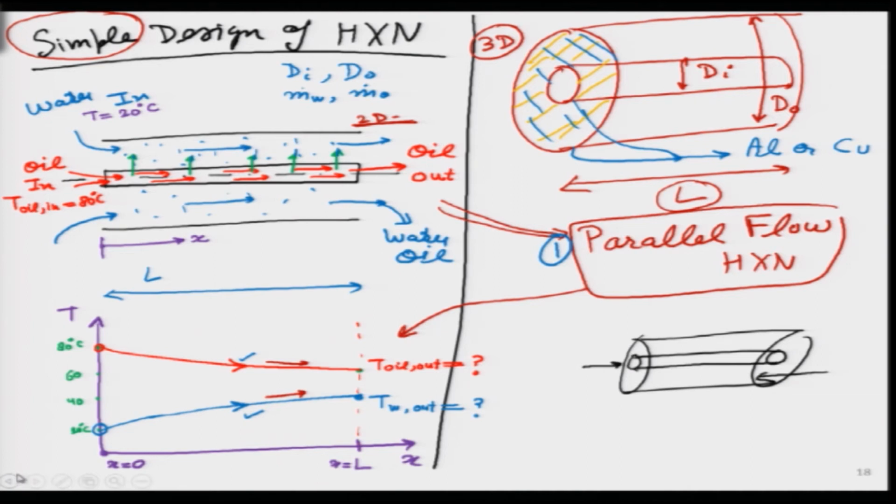The first example that we looked at here, maybe I will put it in yellow color over here, was this parallel flow heat exchanger. This was number 1, where none of the fluids is changing any phase, and both are going in the same direction. I am calling them parallel flow, and I put some typical temperatures over here. One thing I forgot to do is, I can also define a delta T over here. So, delta T is the temperature difference between fluid 1 minus fluid 2. The only thing is that this delta T itself is changing with distance, you can see, right. Initially it was large, then smaller and then smaller.